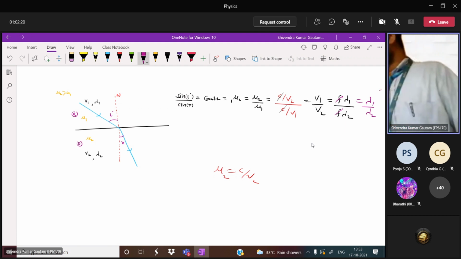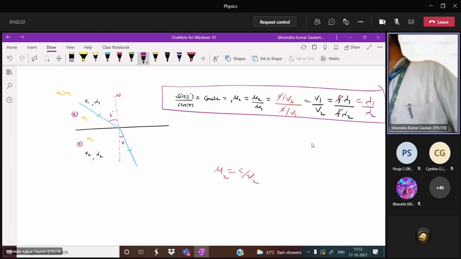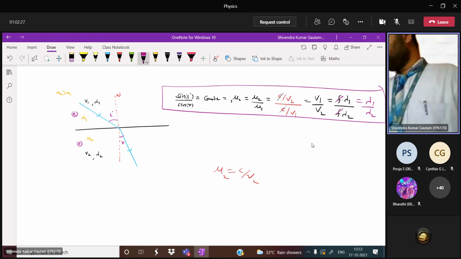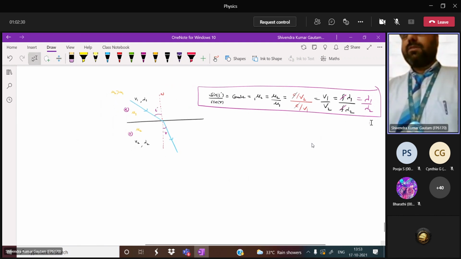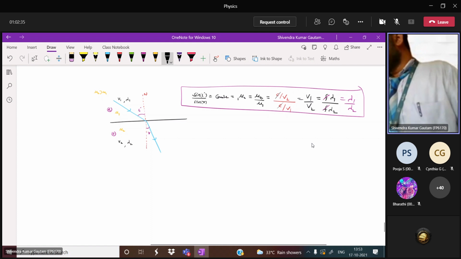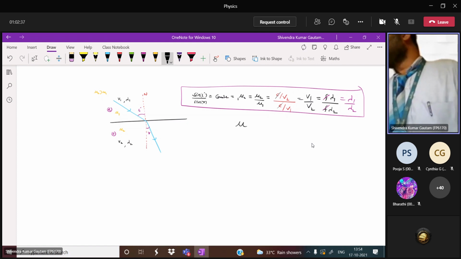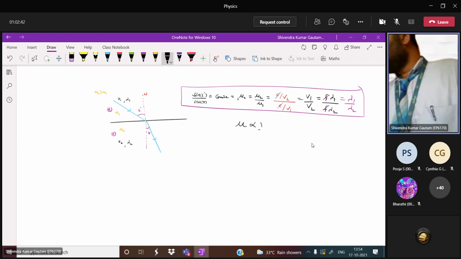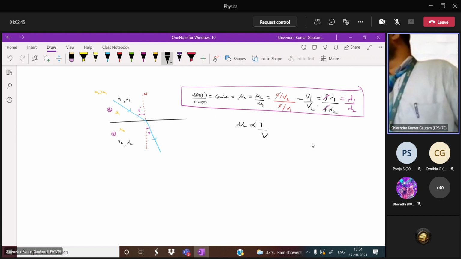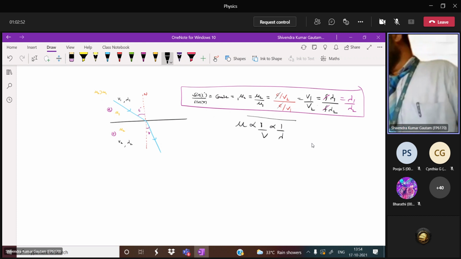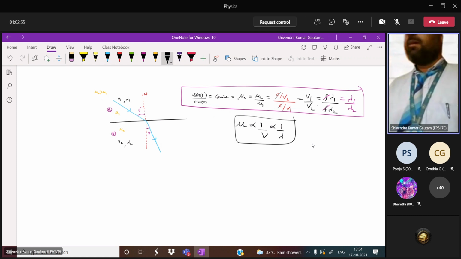This is the complete expression of Snell's law in terms of wavelength, in terms of speed, in terms of refractive index. Sin i by sin r is equal to mu2 by mu1, equal to v1 by v2, equal to lambda 1 by lambda 2. Now you can see clearly, mu2 by mu1 and here v1 by v2. So mu is inversely proportional to v, or not? Yes, sir. And v is directly proportional to lambda, or not? Yes, sir. So here I will write: v directly proportional to lambda, mu inversely proportional to v, so mu inversely proportional to lambda. This is the answer. Write this down, everybody.